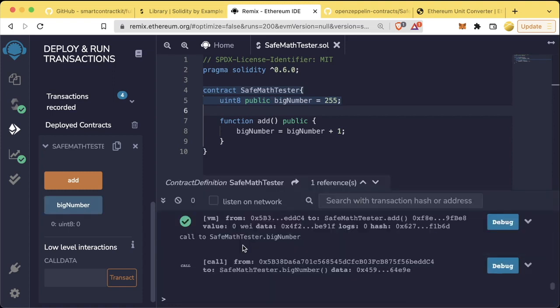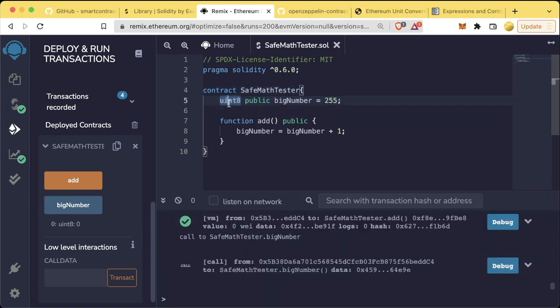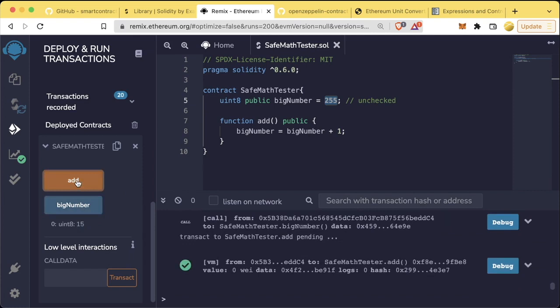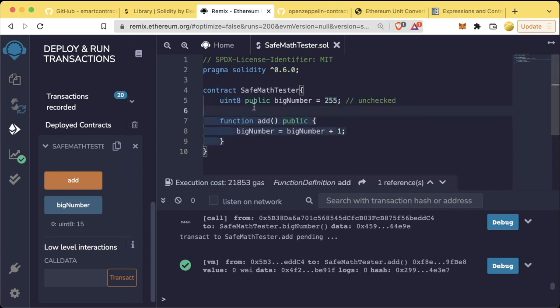So what's going on? Well, prior to version 0.8 of Solidity, unsigned integers and integers ran on this concept of being unchecked, which means that if you passed the upper limit of a number, it would just wrap around and start back from the lowest number it could be. So if I call add a whole bunch more times and hit big number, now it's 8. If I were to hit this add button a ton more times and get it back to 255, it would then continue to wrap over to 0. So one of the most popular libraries that was out there was this SafeMath library, which would basically check to make sure that you weren't wrapping around a uint256 or an int256. Basically, it was a way to say, hey, you've reached the max this number can be,